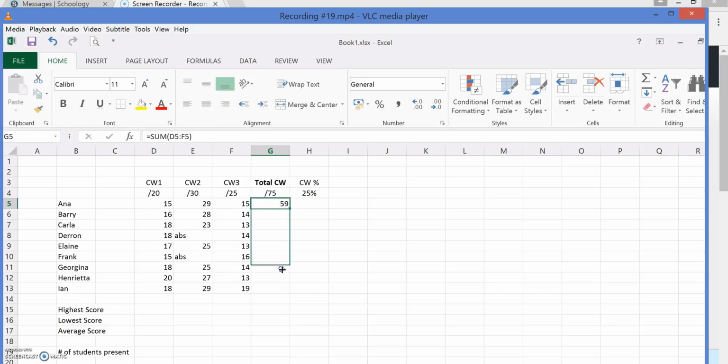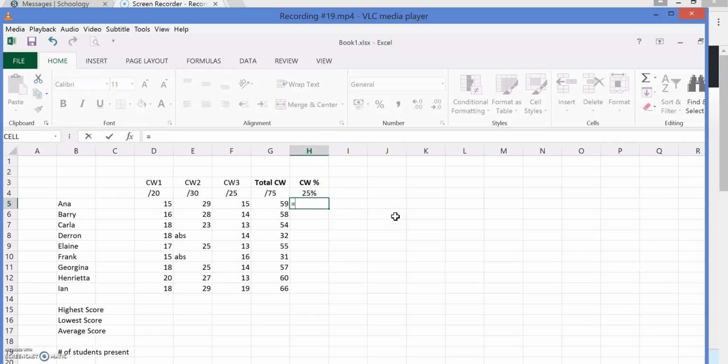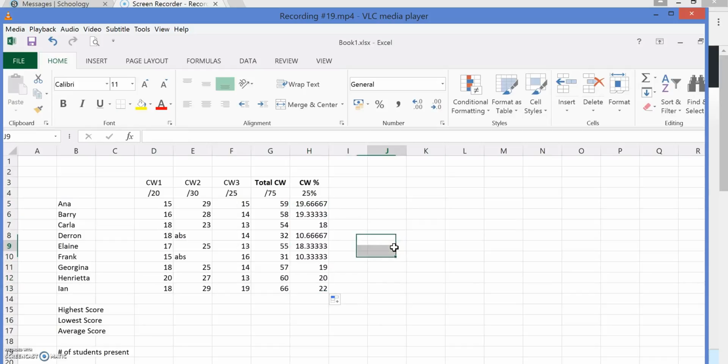So we can copy this down to the other persons and coursework percent now. So even though the total coursework is out of 75, we wanted to get it out of 25%. So this is the calculation we'll have to do. 25, as in the 25%, times G5, the student mark, divided by 75, which is what the total coursework is out of. So we get something with lots of decimal places,